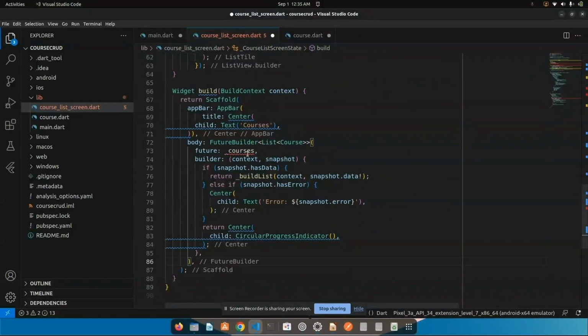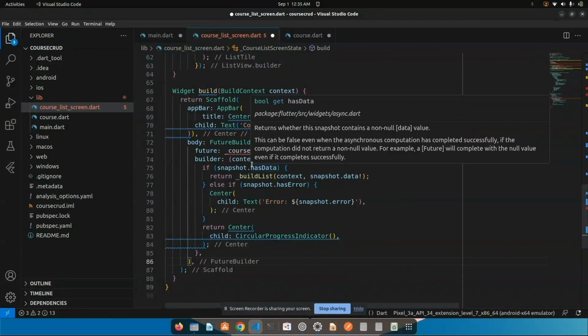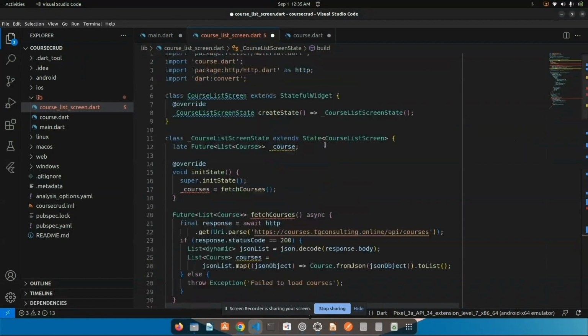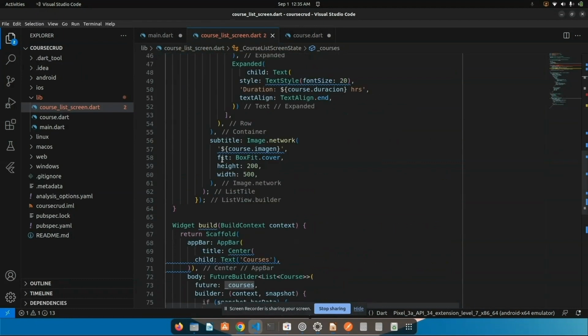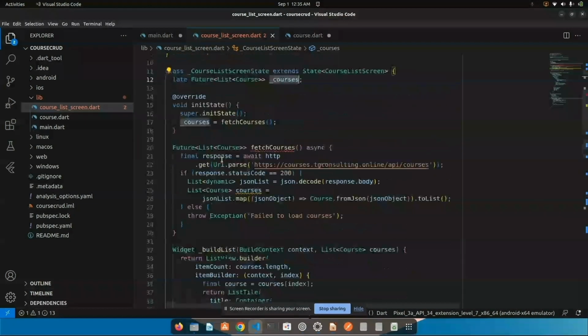Let's now check. Okay, so the mistake is here now. There was this naming convention mistake where I had this courses here named course and I was calling it here and here, but was giving me error. However, now it's solved